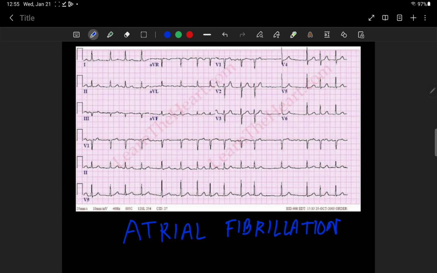What is atrial fibrillation? In the ECG you will find an irregular pattern or rhythm. You can see that the R waves are in different positions that are not static or consistent. So an irregular pulse is there and there is no P wave, no P wave. So this is obviously an ECG of atrial fibrillation. Now we will go to its management.